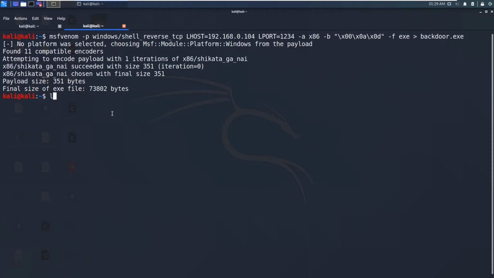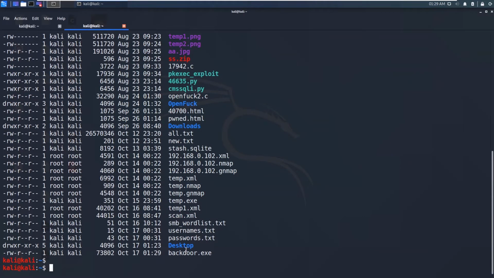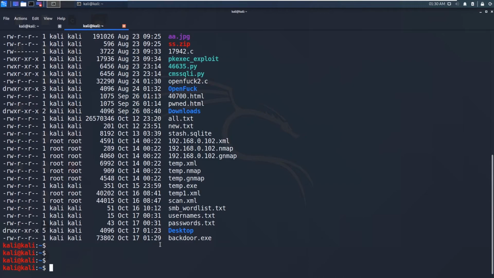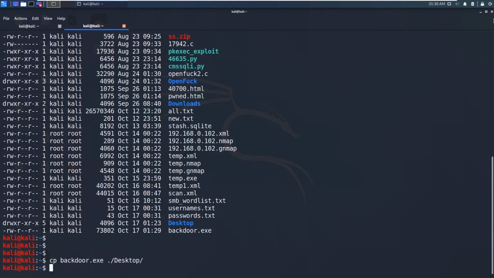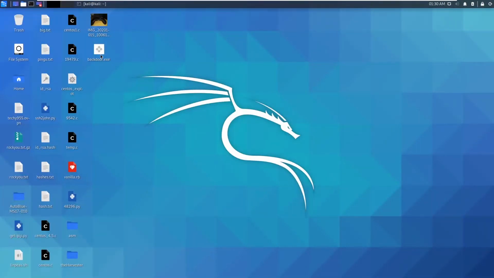So now if I say ls -ltr, we have the backdoor.exe. Okay, that's fine. Now let me move it onto the desktop. So now I'm going to copy this into this Windows 10.